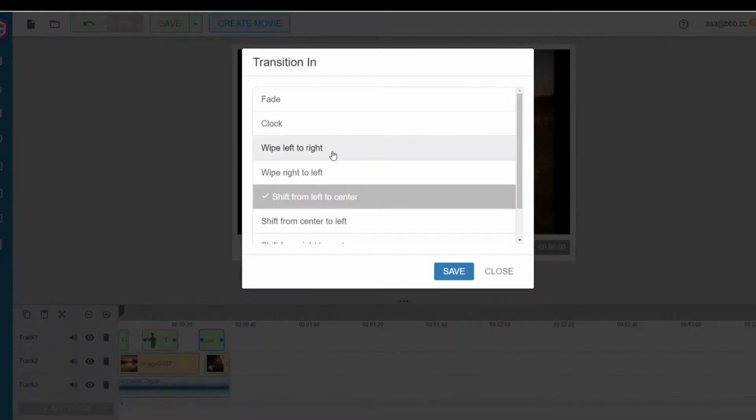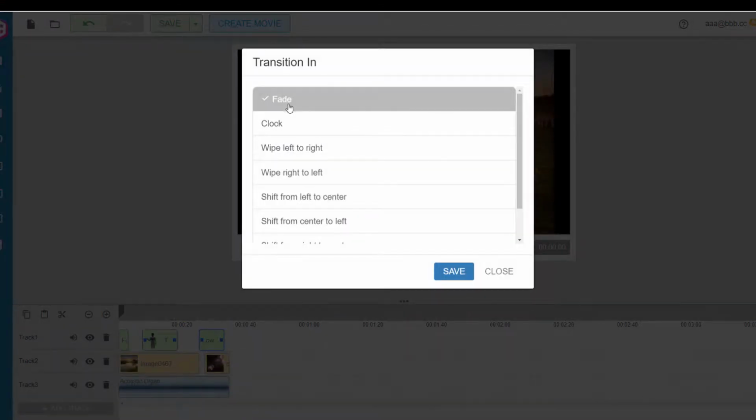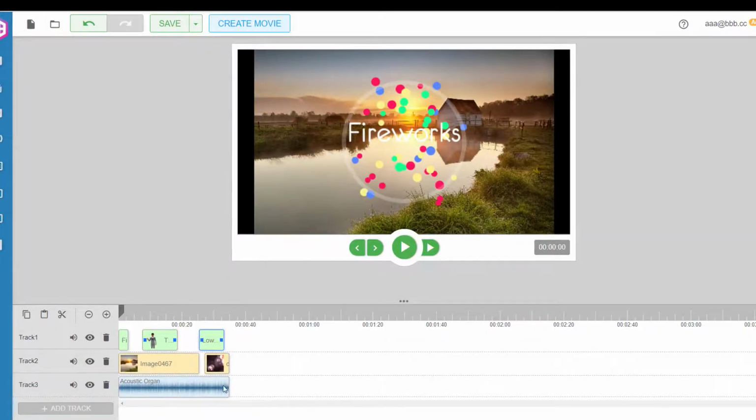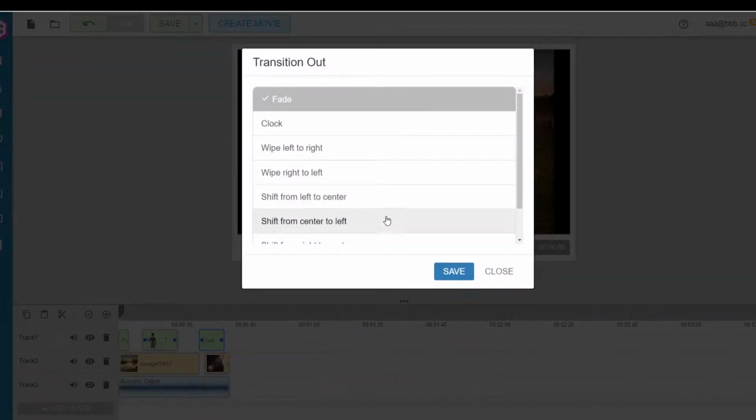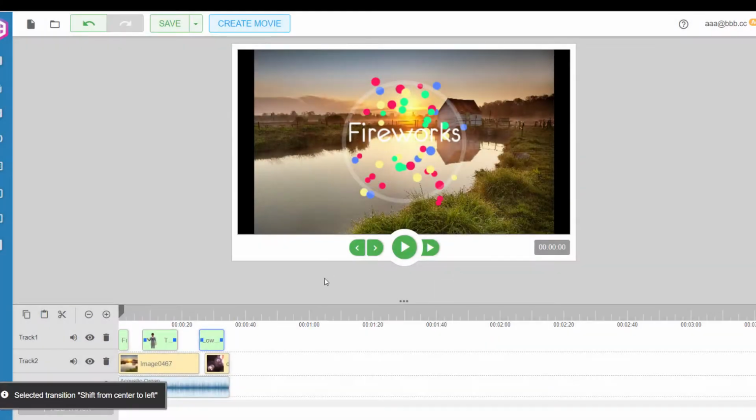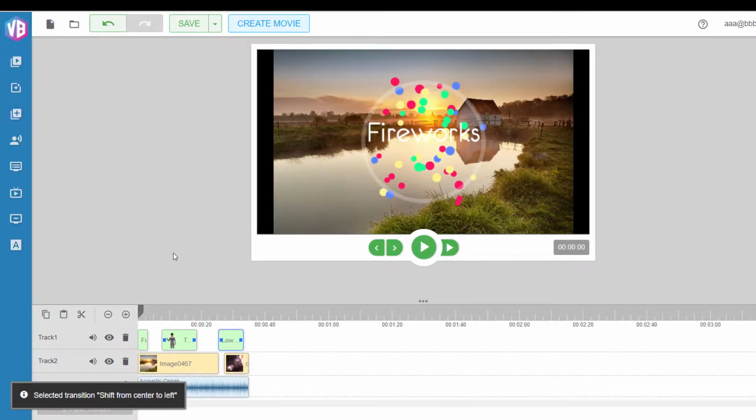I can do transition in, and now I can fade in rather than shift from center to left, or I can do from left to right, or I can even do left to center, right? I can make that happen to left to center, and then I can transition out again from center to the left and move the other way around than what I showed you. So this is how easy it is to create transitions,